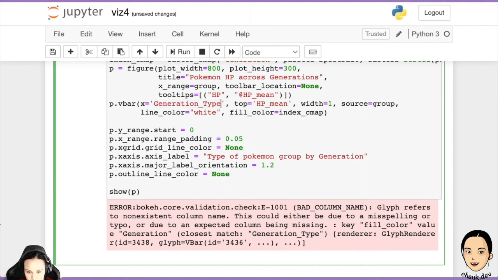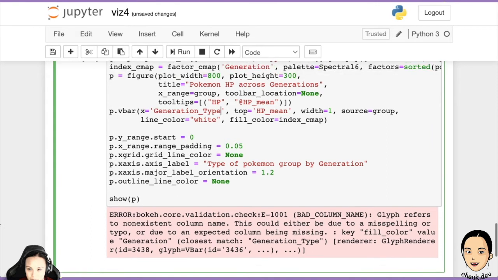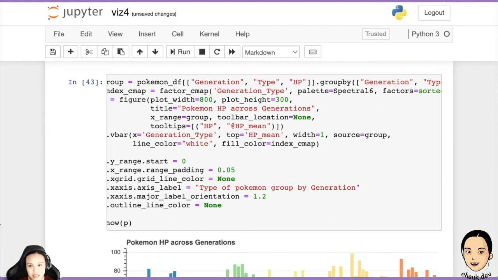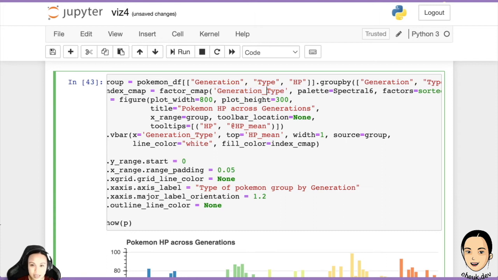So render fill color, column being missing. Oh, maybe this one. I need generation type. Okay, now it works. So yeah, this one needs to be this, because I think this is kind of like a